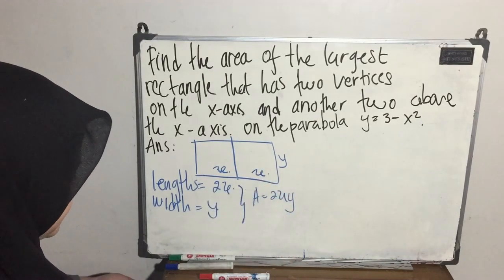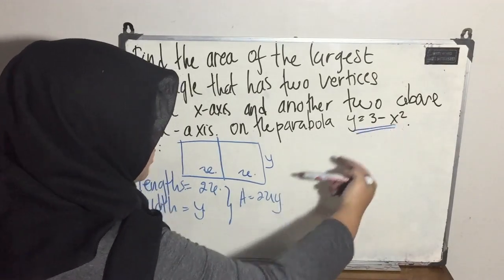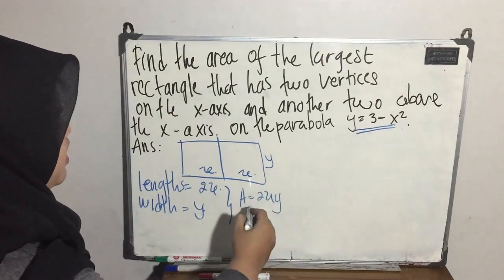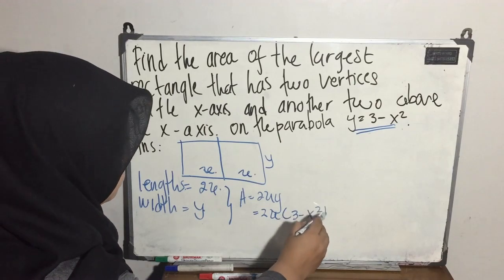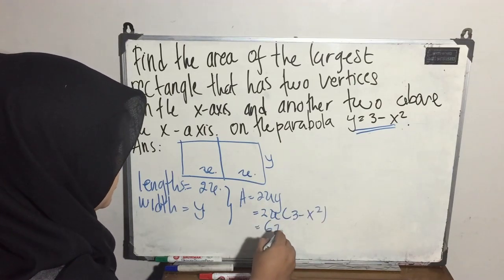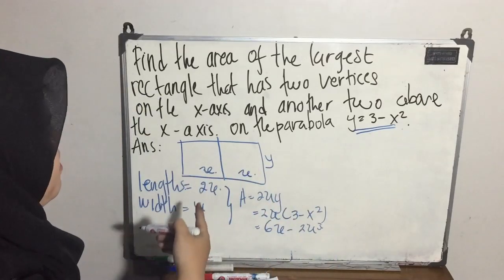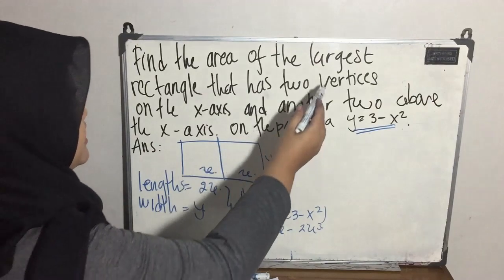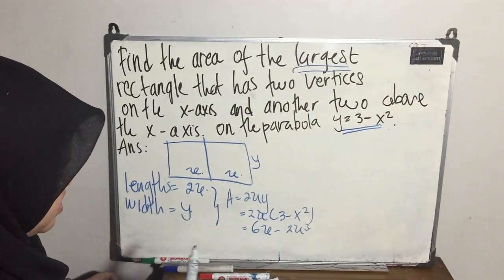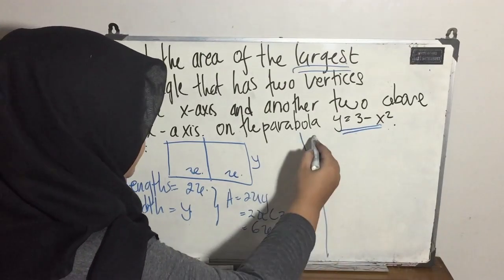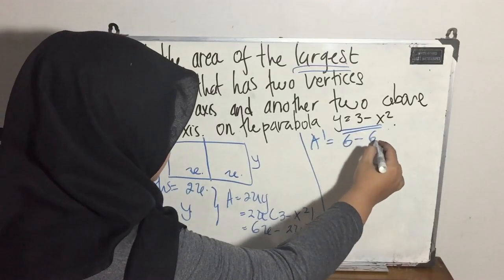Okay, everyone? From here, we already know y equals 3 minus x squared, and then you just need to substitute: 2x times 3 minus x squared. So it should be 6x minus 2x to the power 3. Because they ask to find the area of the largest, you need to take the derivative. The first derivative is equal to 0. The derivative of this one is 6 minus 6x